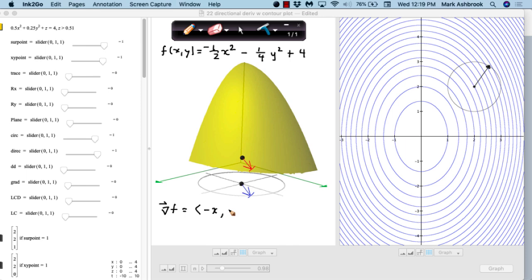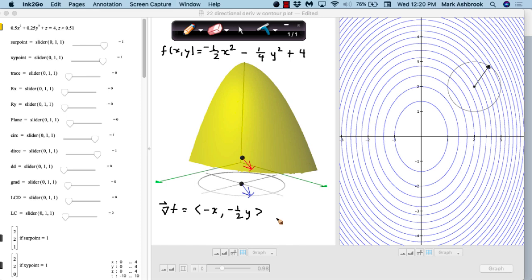Negative 1/2 y, right? Okay, so then if you put them together in a vector, that's called the gradient. And the gradient is part of what we need to calculate the partial with respect, or the rate of change. So then we want the gradient at, so that's a gradient function, right? So what is this? A vector function, right? So the gradient is itself a vector function, a function of ordered pairs x and y,